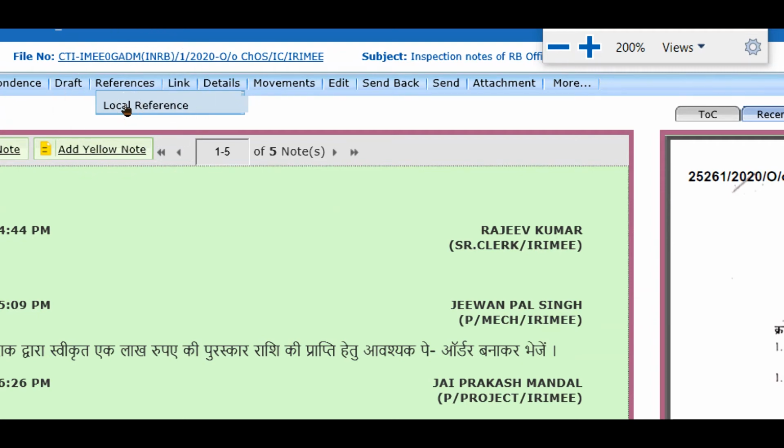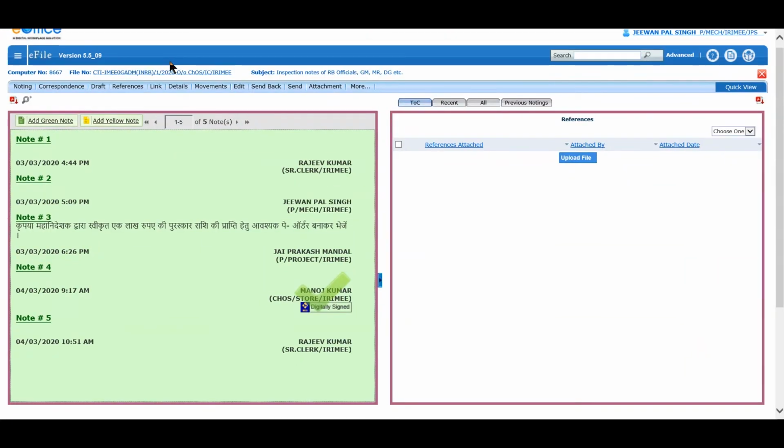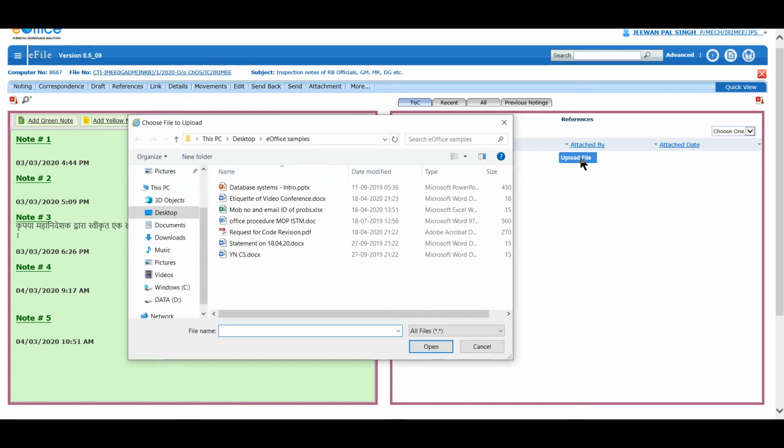A reference screen opens at the right half of the screen. Click on the button marked Upload File. Browse and select the file required to be attached and click Open. Only one file can be selected and uploaded at a time.